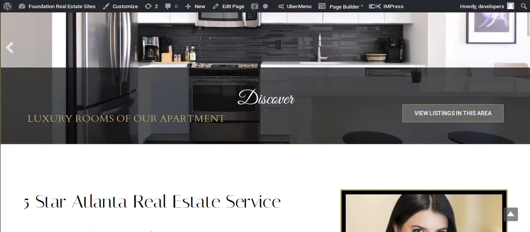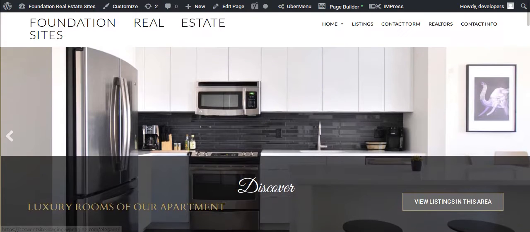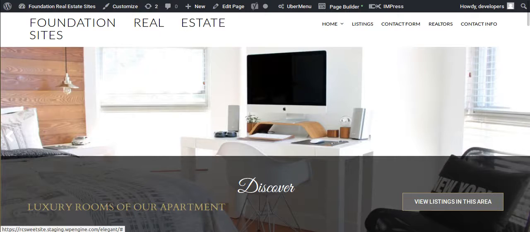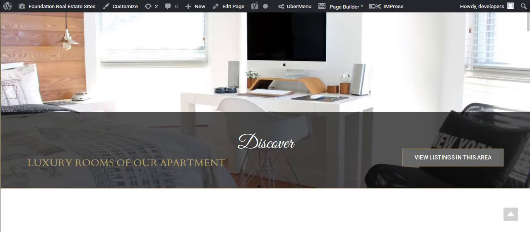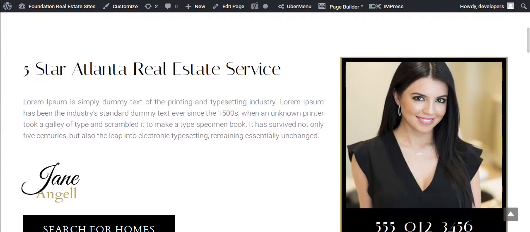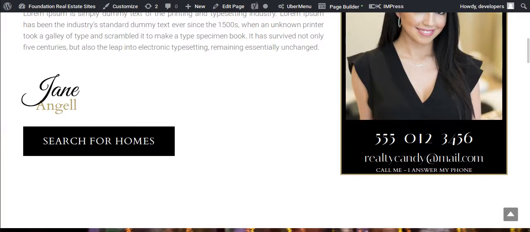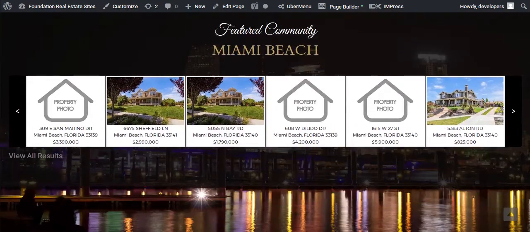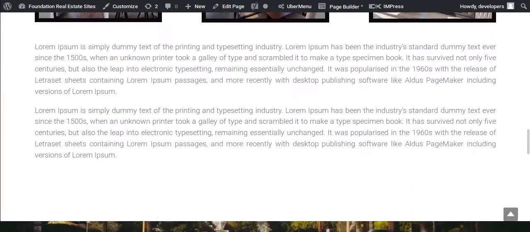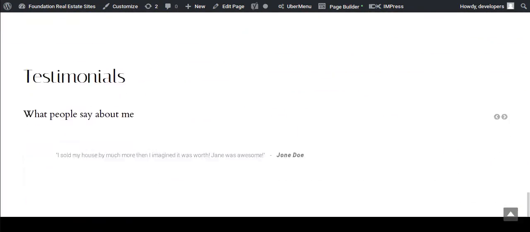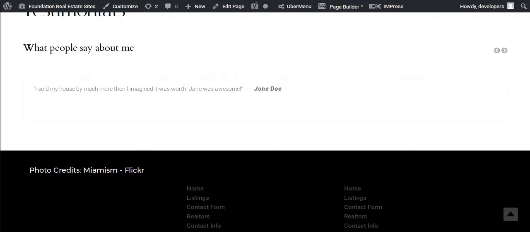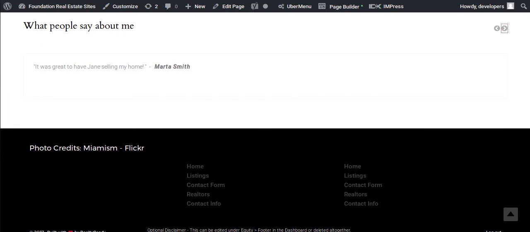And you can see that just with a few changes here, we changed some of the images. It gives it a whole different color, a little lighter color maybe than that original design we had there. And here's the images and the new name here on the left. Got those new IDX Broker widgets. And basically, just like that, in about 15 minutes, you have a completely new